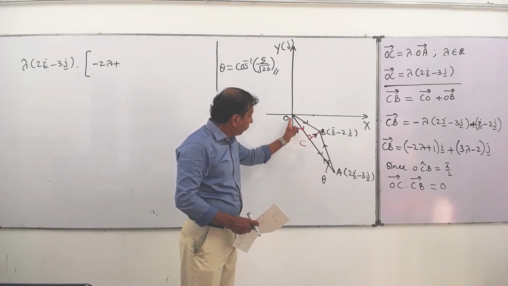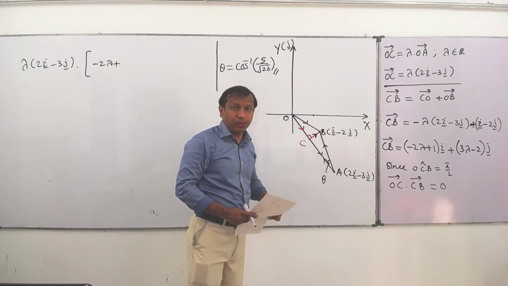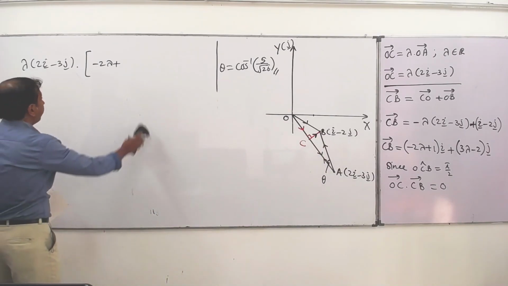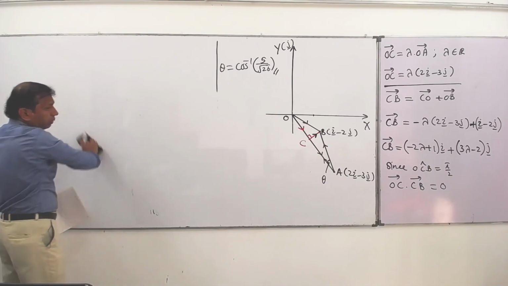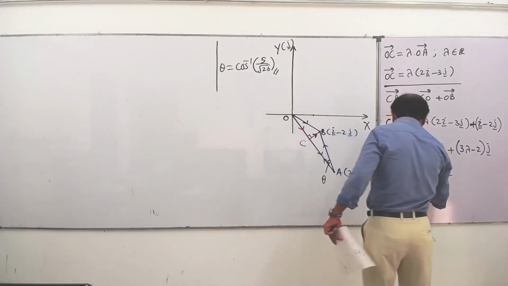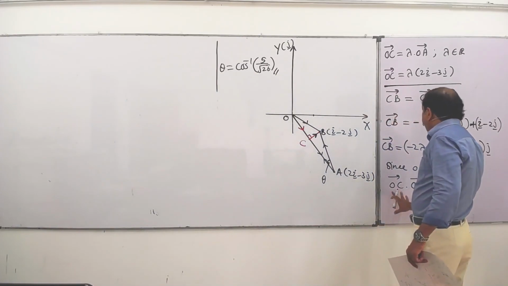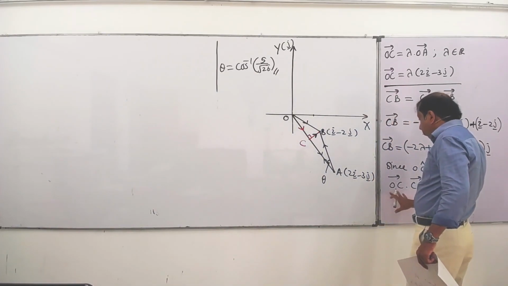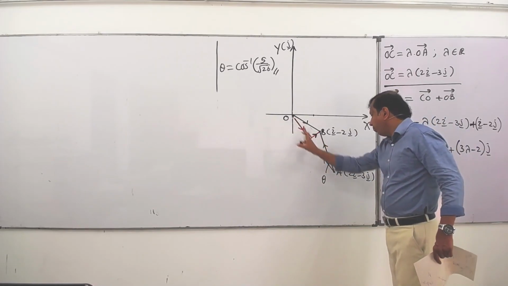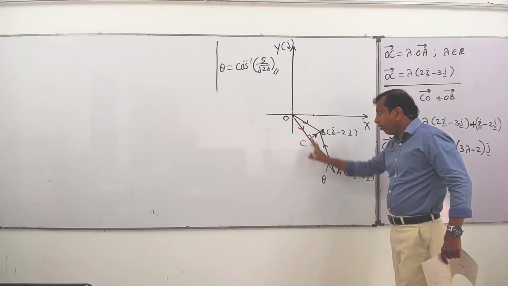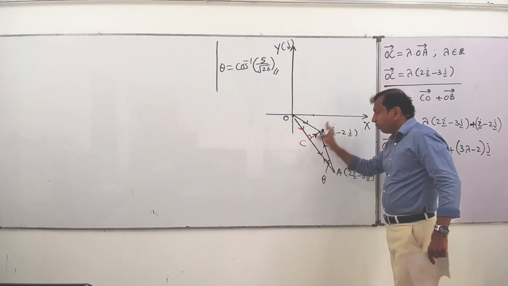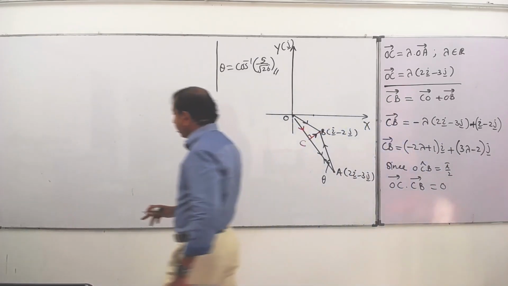Meantime we can say OA vector and CB vector are also perpendicular, so therefore I can take here OC dot CB dot product 0, that's correct. For the place of this OC I can write OA, reason being OC line and OA line are the same. If OC is perpendicular to CB, OA is also perpendicular to CB, right? Then we can write